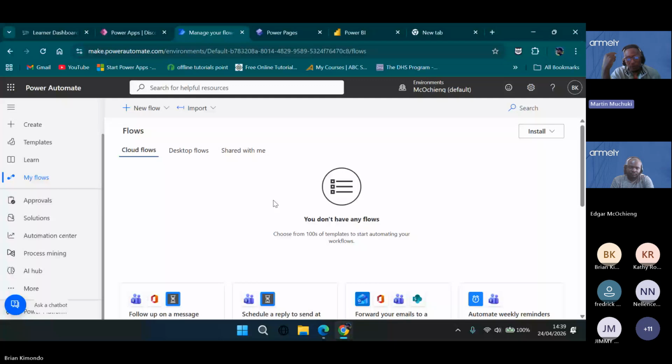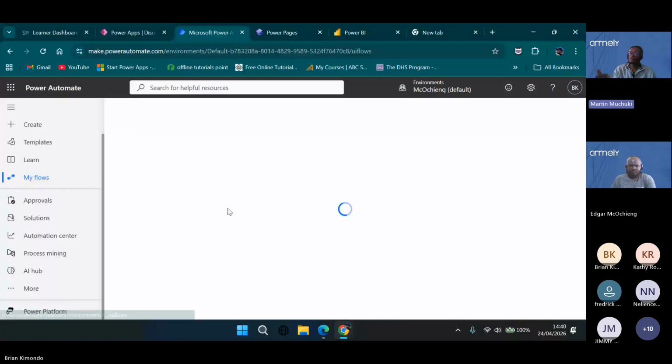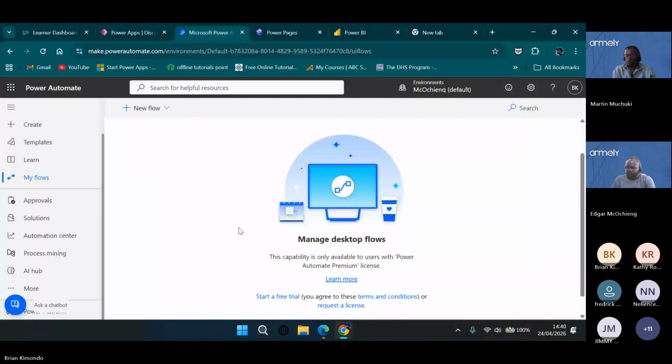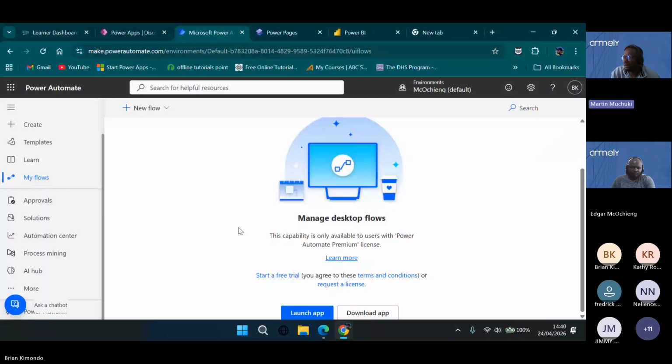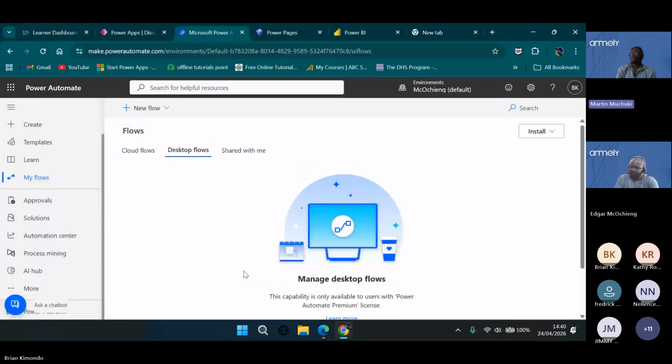And then a desktop flow is another name for RPA, the robotic process automation, and this is for the workflows that are done where you cannot connect to an API, to another application through an API. So this is for the repetitive tasks. For example, if you have an Excel file that has 1,000 records and you want to feed those records from that Excel file to a system that you have created, let's say